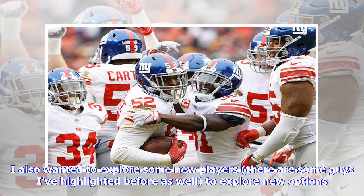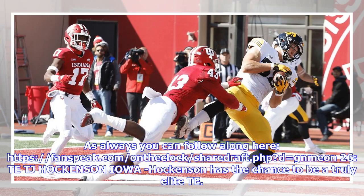I also wanted to explore some new players, and there are some guys I've highlighted before as well, to explore new options. As always, you can follow along here,